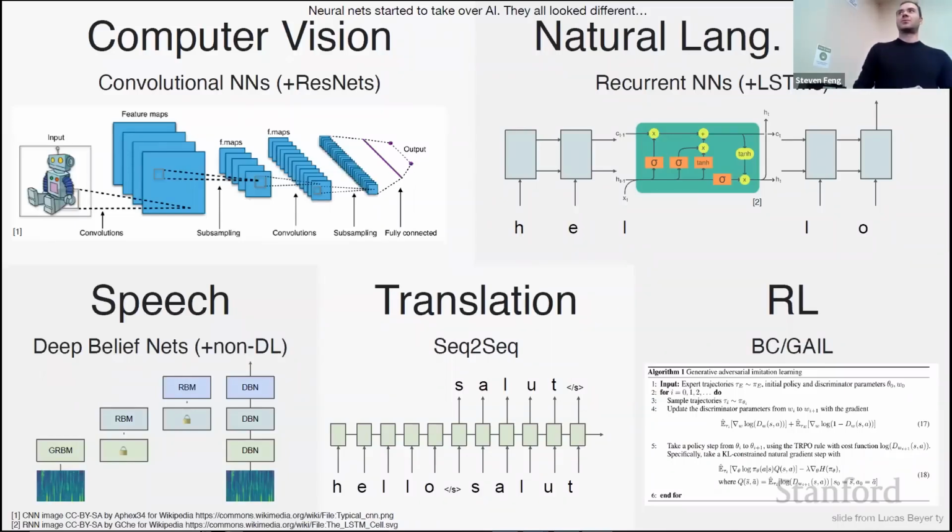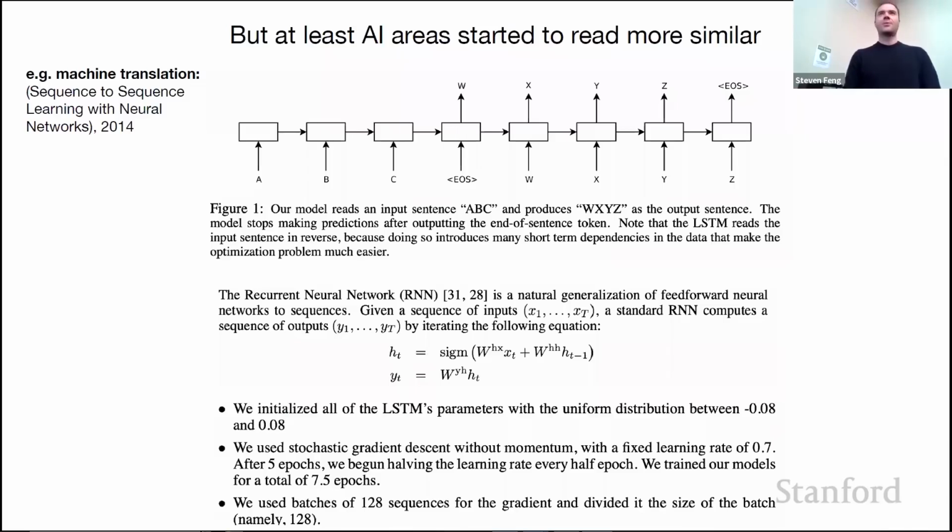And then that recipe did copy-paste across many areas of AI. We started to see neural networks pop up everywhere since 2012: in computer vision, NLP, speech, translation, in RL and so on. So everyone started to use the same kind of modeling toolkit, modeling framework. Now when you go to NLP and start reading papers in machine translation, for example, this is a sequence-to-sequence paper, which we'll come back to in a bit. You start to read those papers and you're like, okay, I can recognize these words: there's a neural network, there are some parameters, there's an optimizer. It starts to read like things that you know of. So that decreased tremendously the barrier to entry across the different areas.